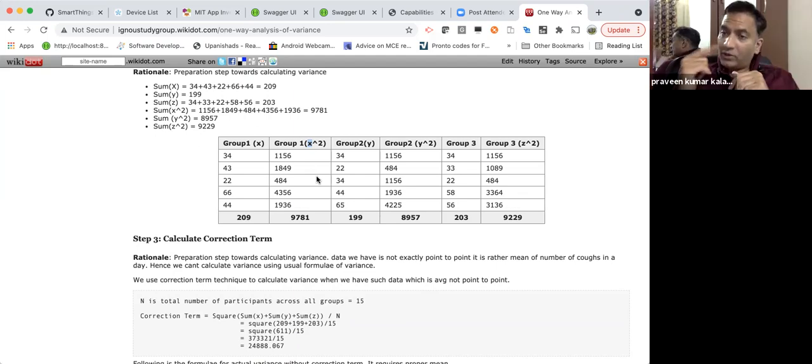But if you have point-to-point data and are doing ANOVA, then you might have to change the formula a bit to make sure you calculate the variance in the right way. If you look at ANOVA problems on the web, in certain cases you might be confused by the formula for calculating the variance. They calculate x minus m squared, but if you observe, the problem statement comes with point-to-point data, not average data.